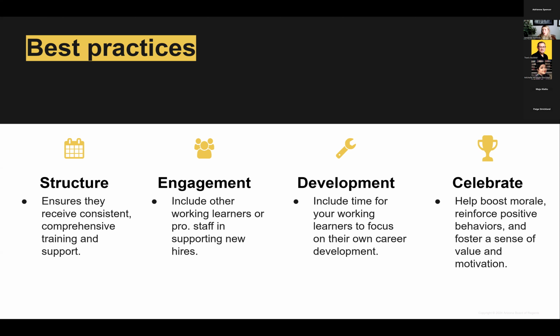Development, include time for your working learners to focus on their own career development. So this can happen in a few different ways, whether that's in that first meeting or check-in with them, getting to know them, understanding where their career goals and interests are, and then figuring out ways to engage those interests along the way, whether that's giving them opportunities to participate in tasks or projects that are closely aligned with